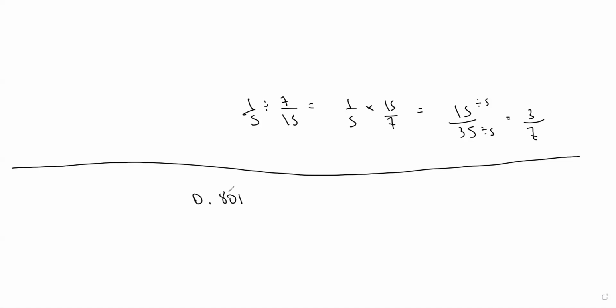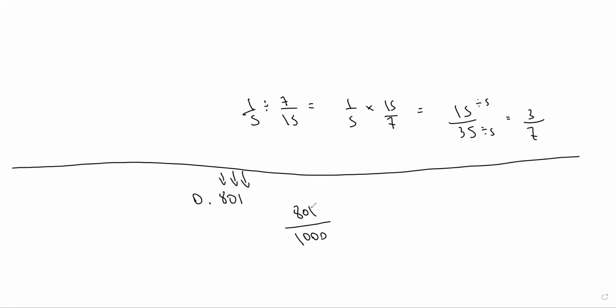It's always the same for these ones. You just count how many decimal places you have. In this case, you have 1, 2, 3. So for the bottom number, you'll use 1 with 3 zeros. In other words, it goes to the thousandths. So you put 1,000 on the bottom. And then for the top, you just use the actual digits. You use 801, and that's what you do for these ones.